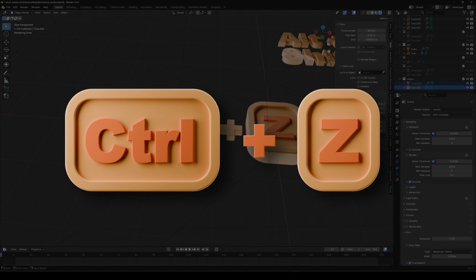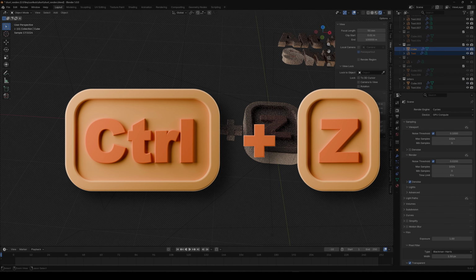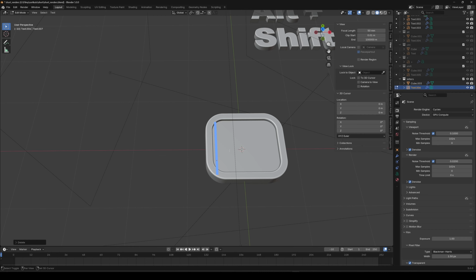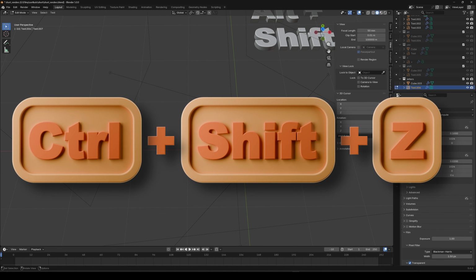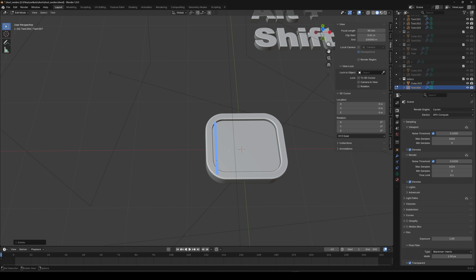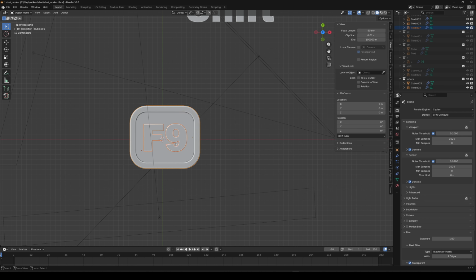Ctrl+Z is a shortcut that everyone probably knows. It allows you to undo a mistake, but not everyone knows that you can also redo an undone action using Ctrl+Y. In Blender, this shortcut doesn't work, but there is another one. Just press Ctrl+Shift+Z. So if you make a mistake or undo too many steps, you can always redo the undo.